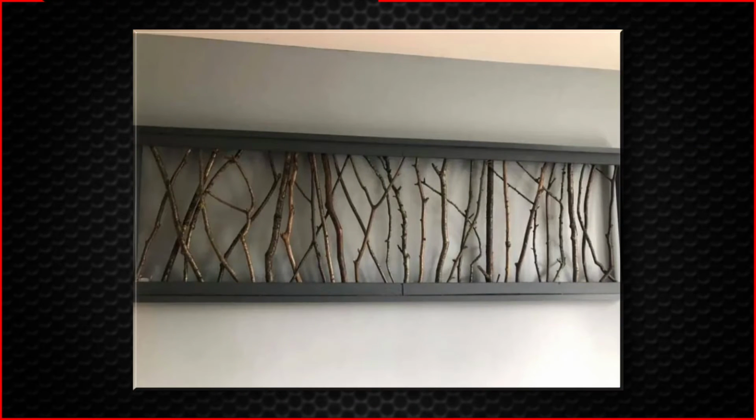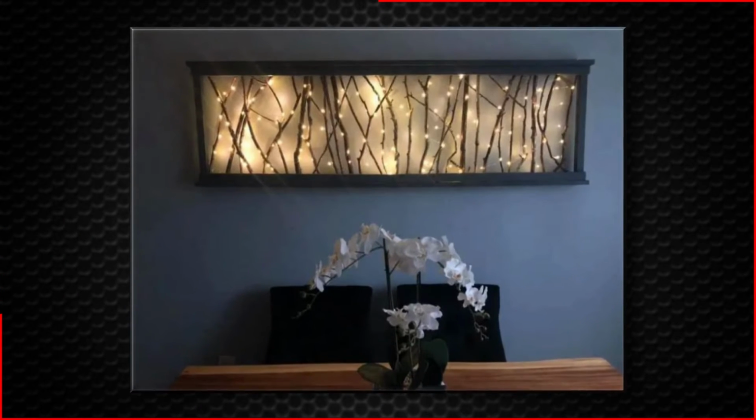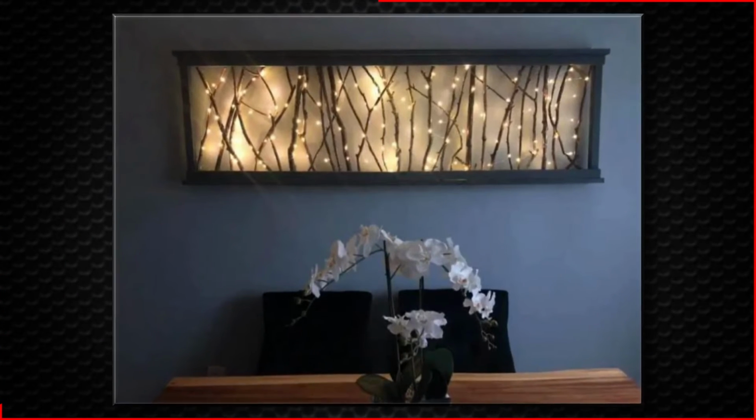These are what I like to call portals to other worlds, like the wardrobe in the Chronicles of Narnia. This adds a whole new look to your room, and really is stunning with these fairy LED lights. This could look really cool in your entryway, a hallway, a living room, or even out on the back covered porch. The most fun part about this is it's mostly recycled material, so the cost is super low, easily under